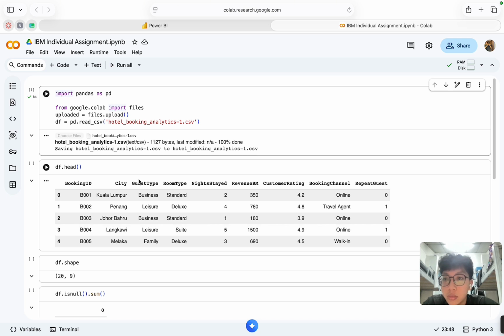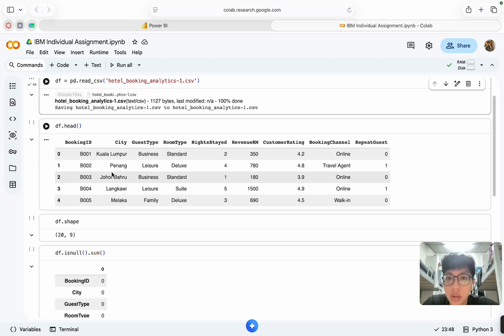So second, I use df.head(). I use df.head() to display the first 5 records of the dataset. This helps me quickly check whether the dataset is loaded correctly. I can see columns such as booking ID, city, guest type, room type, night stay, revenue RM, customer rating, booking channel, and repeat guest. So here I use df.shape to check the size of the